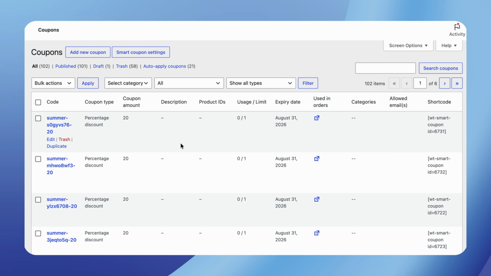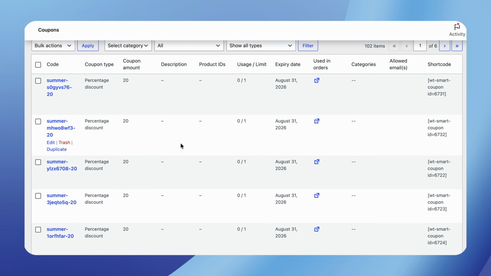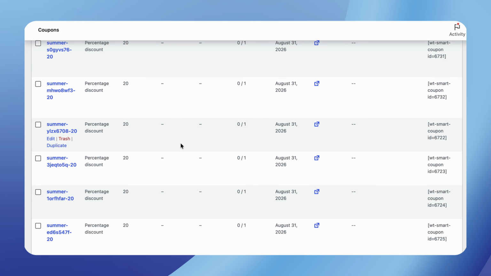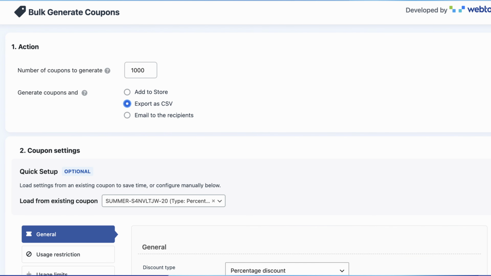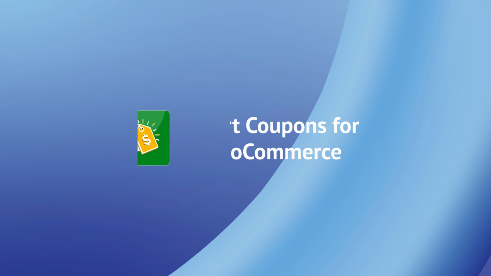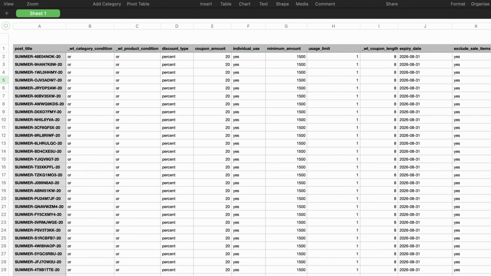Creating one WooCommerce coupon at a time is fine, until you need 500 of them for a seasonal sale, an affiliate campaign, or a list of VIP customers. Doing that by hand could take you hours. In this video, I'll show you how to bulk generate hundreds, even thousands, of unique coupon codes in just a few clicks using Smart Coupons for WooCommerce, and how to export them as a CSV file so you can reuse